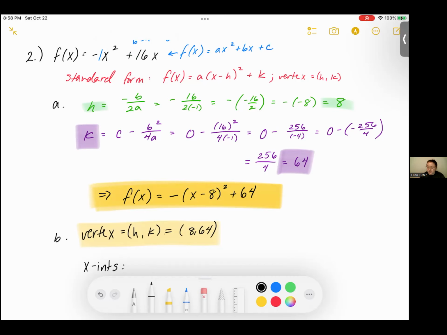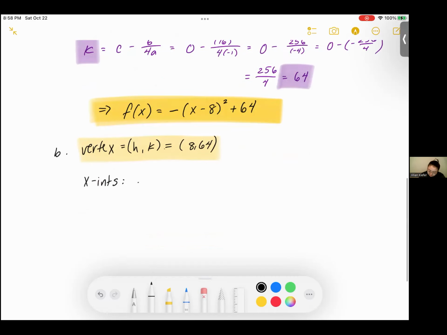So we're going to set that equal to 0. So we've got negative x squared plus 16x is equal to 0. Now, in this case, we see there's a variable in both of these terms, x. Since x is in both of these terms, we can go ahead and factor an x out. So this would become x times negative x plus 16